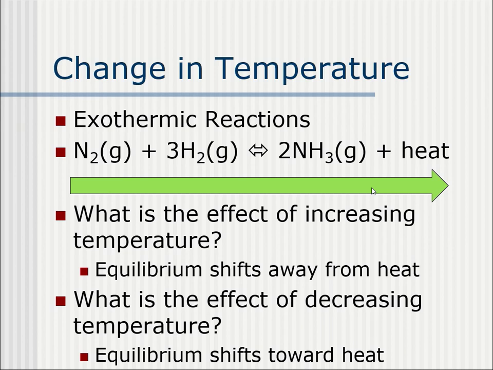So this is a catch-22 in regard to the Haber process. The Haber process does make the ammonia, but it has to be at a reasonably moderate temperature, so that it doesn't react so slowly that getting to the right-hand side and making a decent amount of ammonia takes forever, but not so hot that it keeps the system too far to the left, so that very little of the reactants turn into products. So it's a catch-22, but anyway, that just affects the temperature.